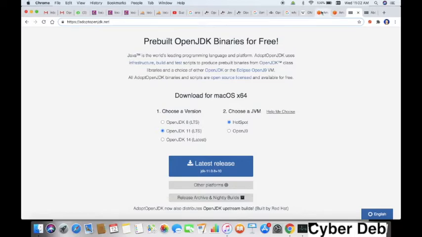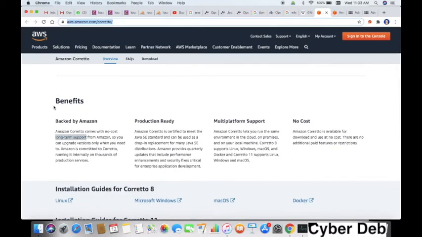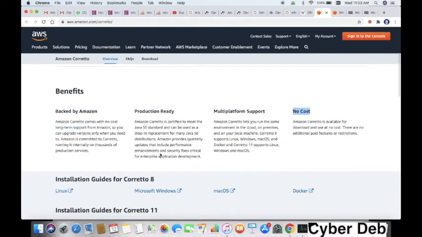If you look at the Amazon part, Amazon has given some description, more clarity. Backed by Amazon, this is Amazon Corretto, it is production ready, and it has long term support. It is specifically mentioned, no cost, and LTS. Amazon is committed to Corretto, running it internally on thousands of production services.